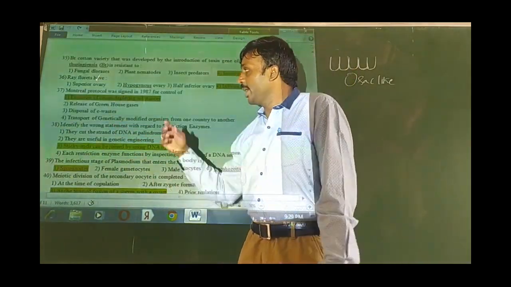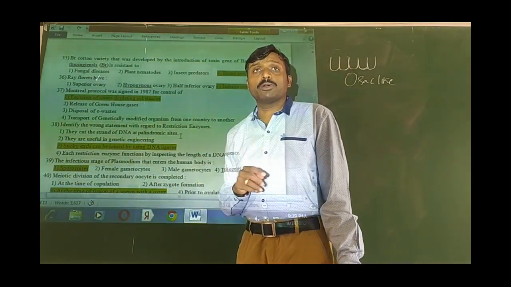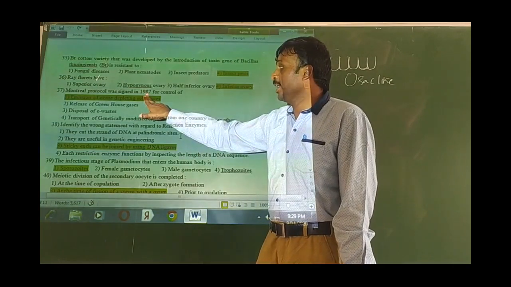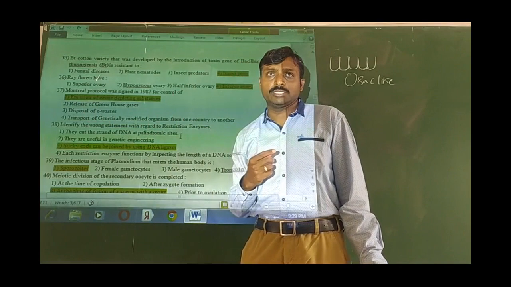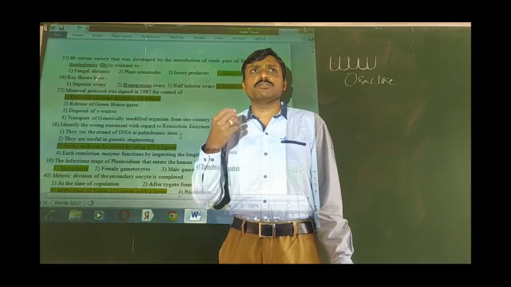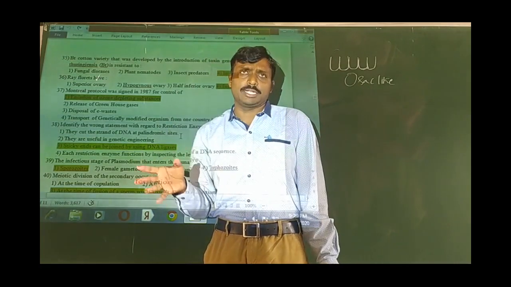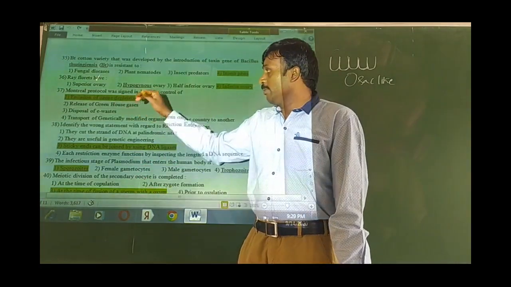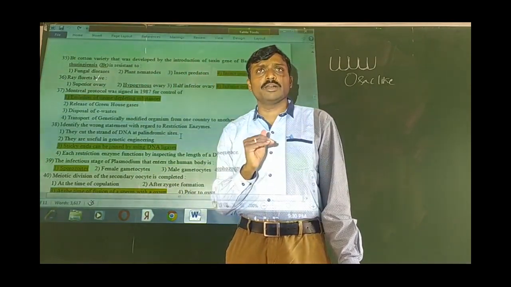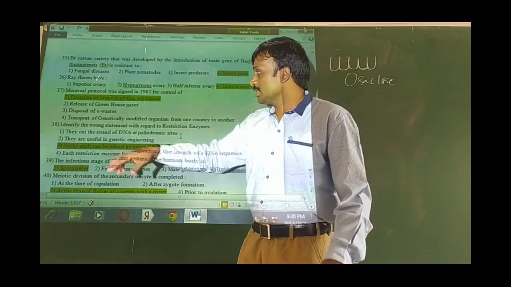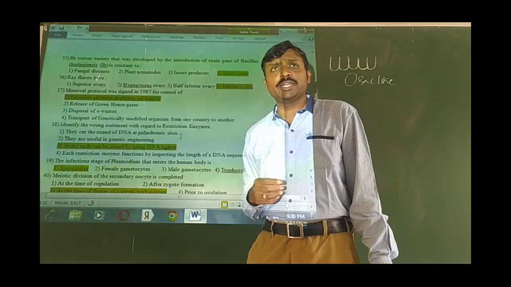Then next, again from environmental issues, the last chapter of second year syllabus. Montreal Protocol was signed in 1987 for controlling of emission of ozone depleting substances. Okay, so especially CFCs, chlorofluorocarbons. So these will be damaging the ozone layer a lot. Okay, so to decrease the concentration of ozone depleting substances, many countries together signed a protocol, namely Montreal Protocol in the year 1987.